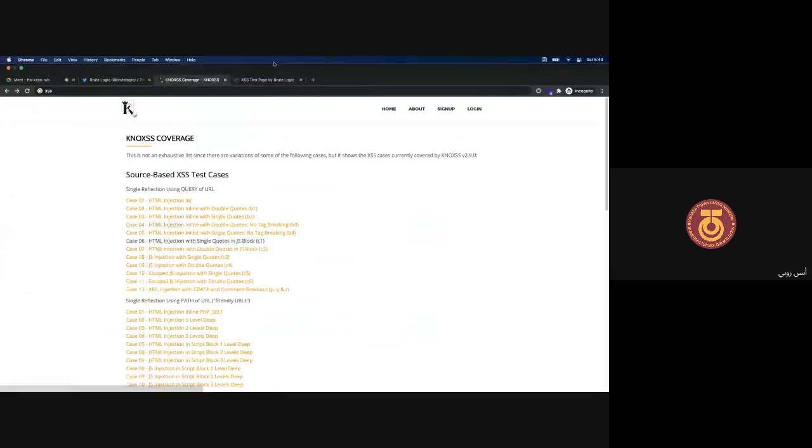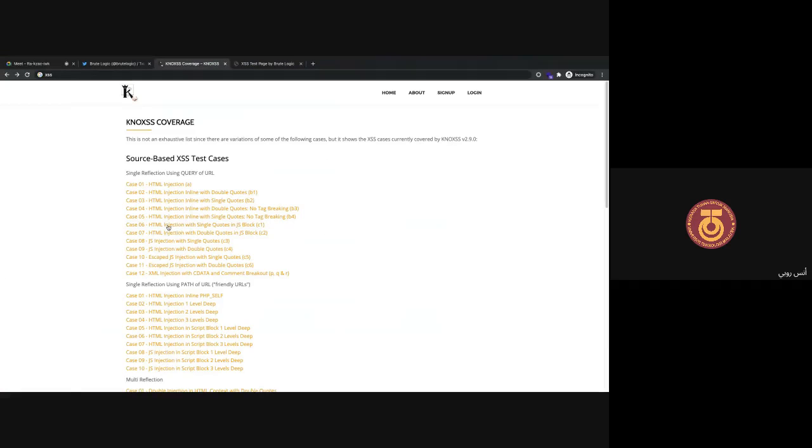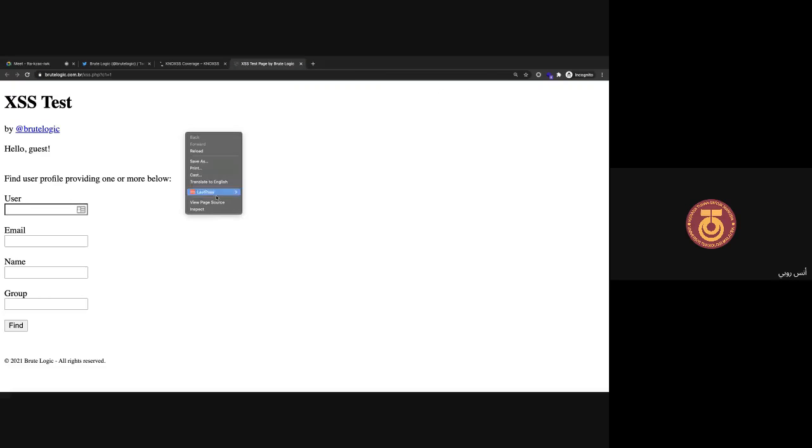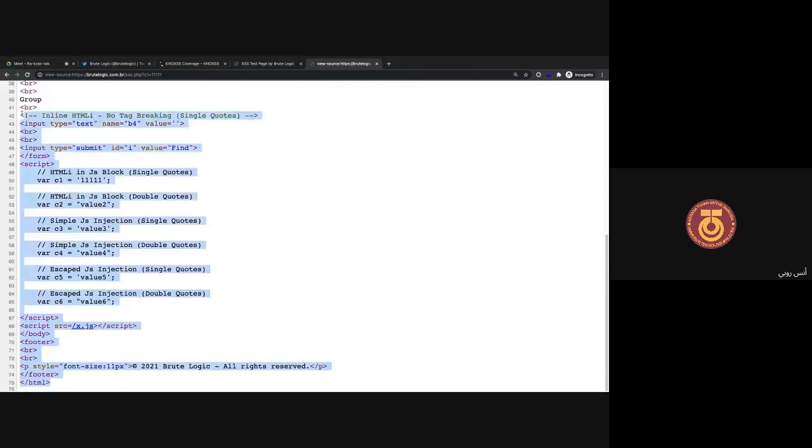So now we have, I forget the number again, the 6th case. Let's see what it tells us. Okay, HTML injection with single quotes in JavaScript block. So now it's the basic way of adding JavaScript. As you can see here, I'll show you where the reflection point is. The reflection point is where the parameter is taken to the server, and the server takes this value and outputs it back into the